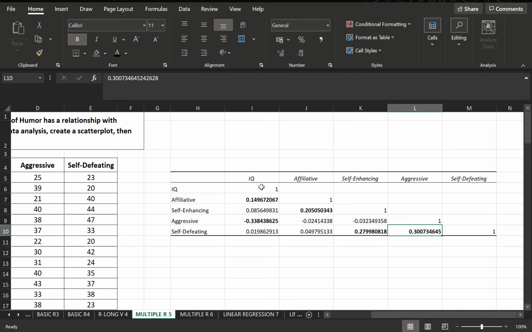So as the aggressive humor increases, the IQ decreases. So hypothetically or based on the data, as the self-enhancing humor increases, the affiliative humor also increases, but it's kind of a weak correlation. This is a moderate one, 30. This is also a moderate one, and this is weak to moderate. Okay, now